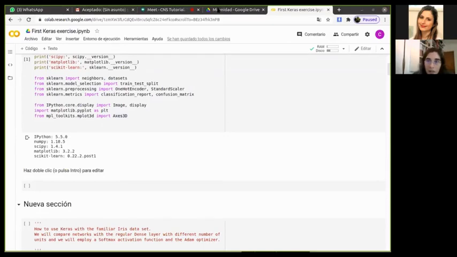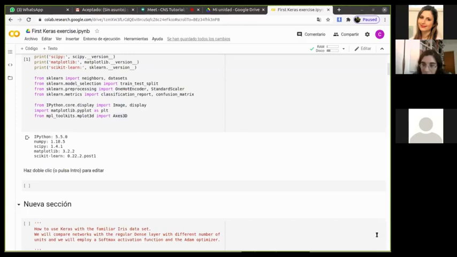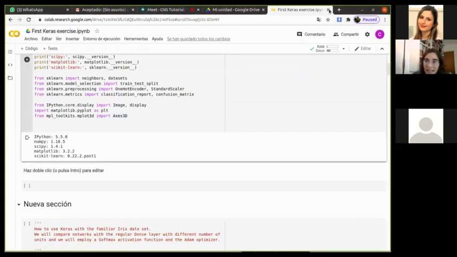let me know. I will stop sharing this part, and I will now share the second tutorial, which is specifically about how to use Keras to classify the digits of the MNIST dataset. So, questions till now? Please don't hesitate to ask me. It is hard to present like this, but